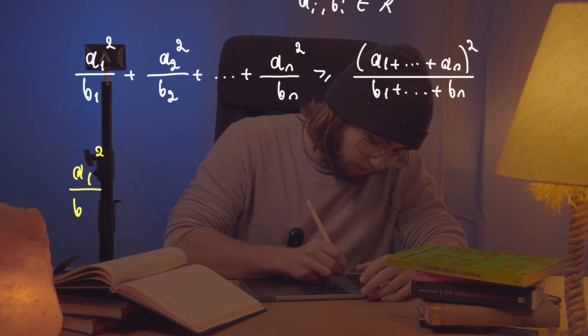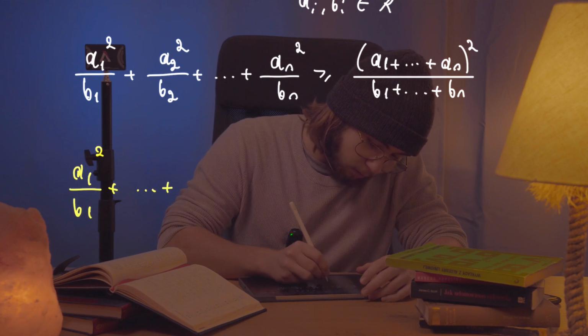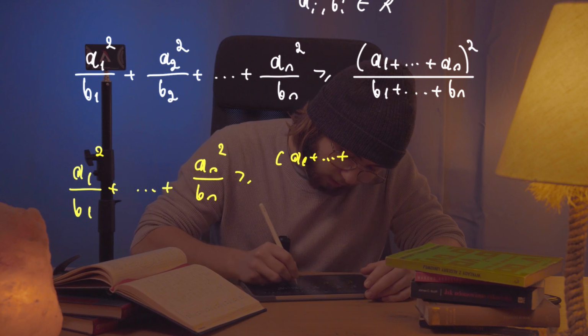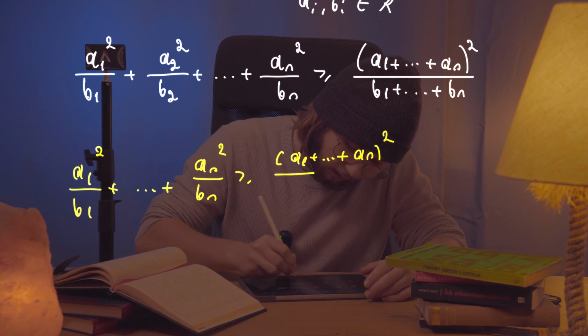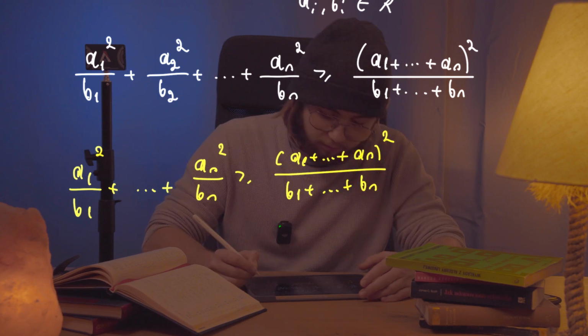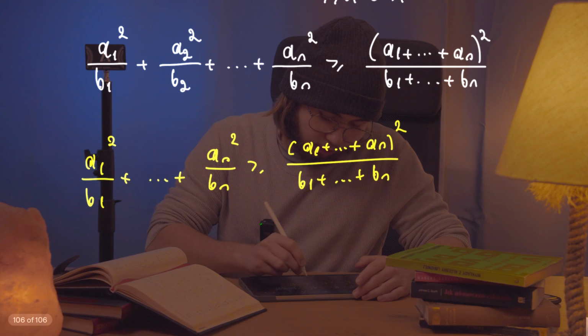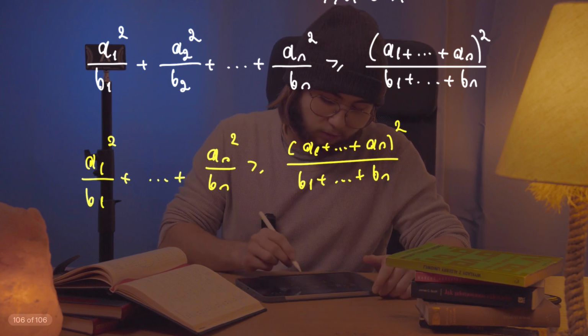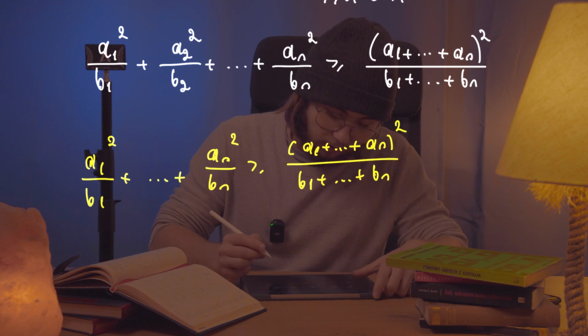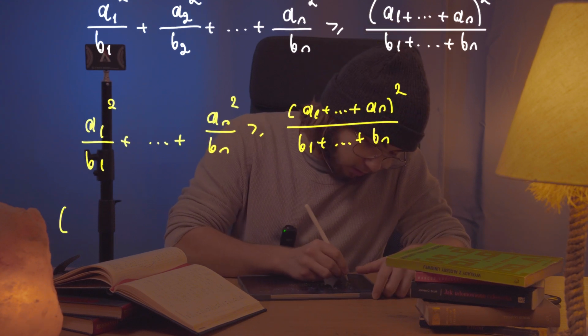So a1 squared over b1 all the way up to an squared over bn is going to be greater than or equal to the squared sum of all of those a's divided by the sum of all of those b's. You can just kind of see that what we can do here is just multiply both sides of this inequality by the sum of all of those bi's, and so by doing that what we'll get is just the sum